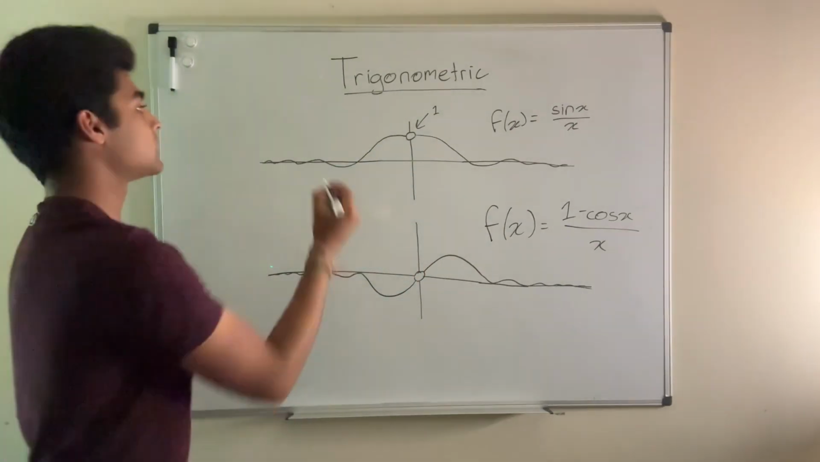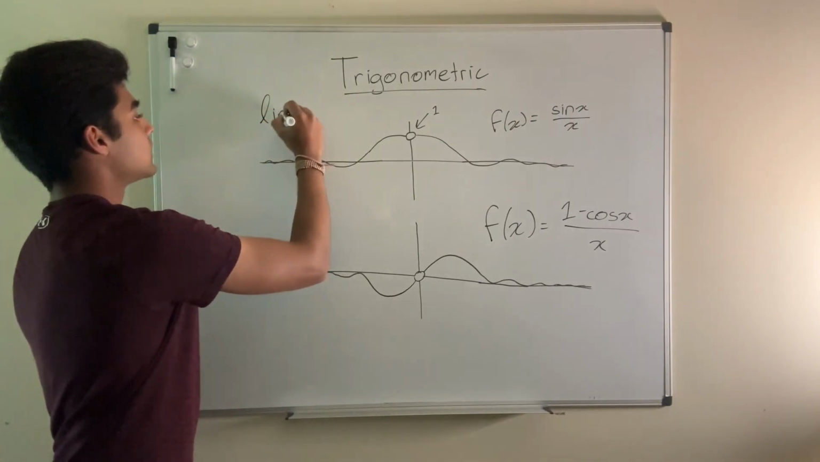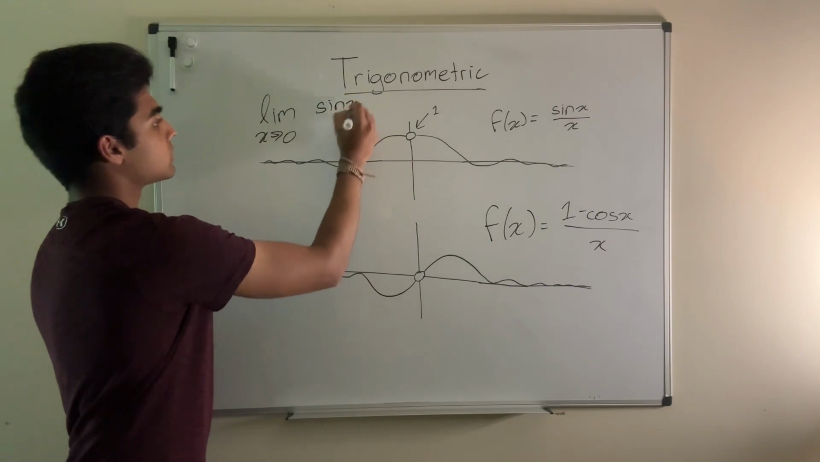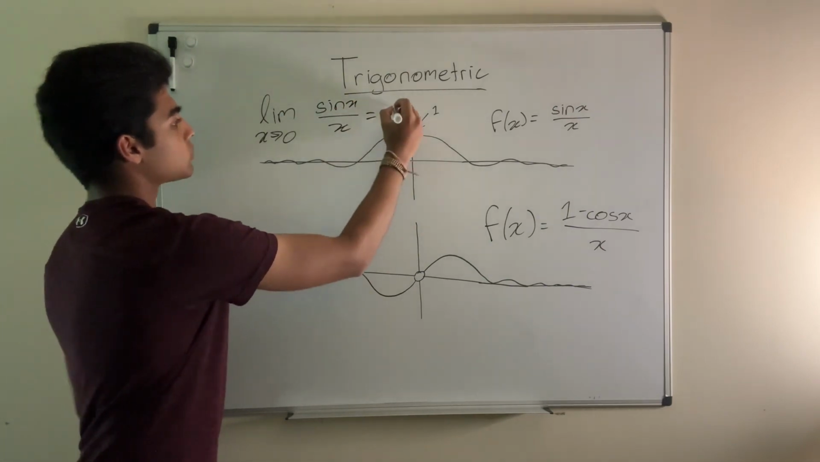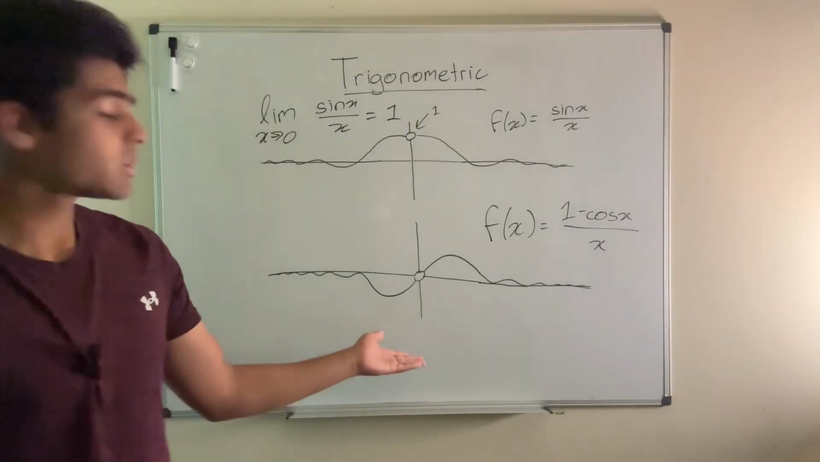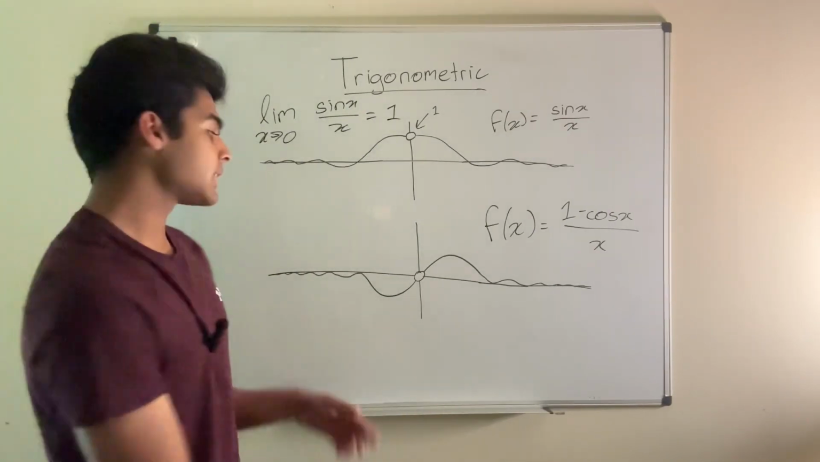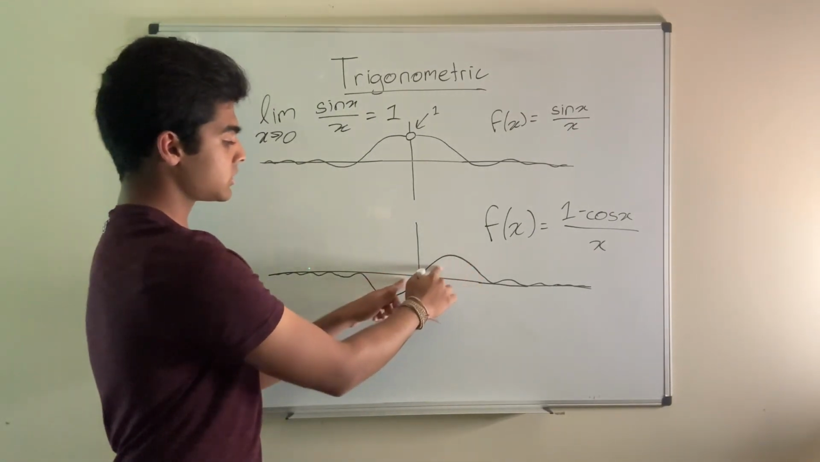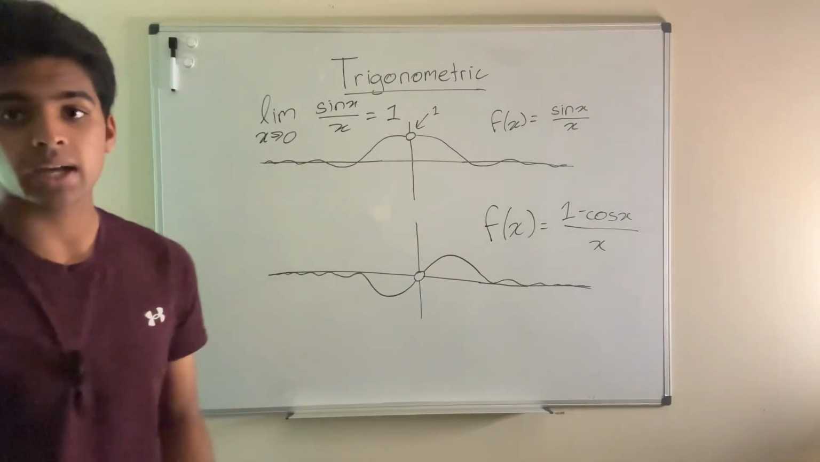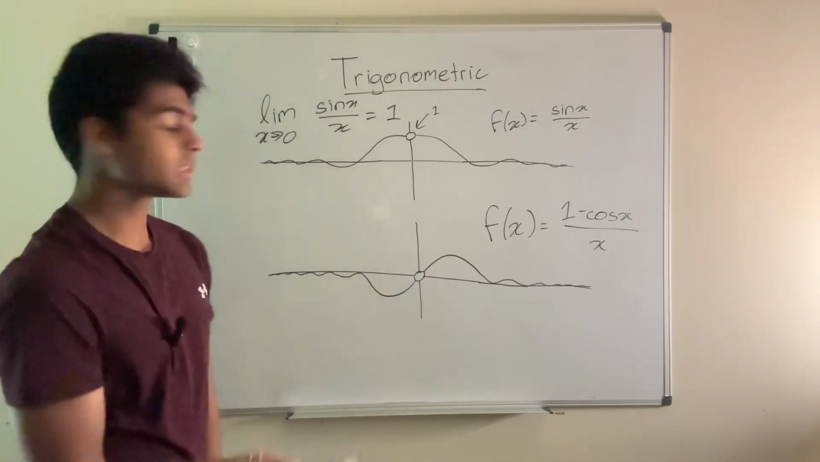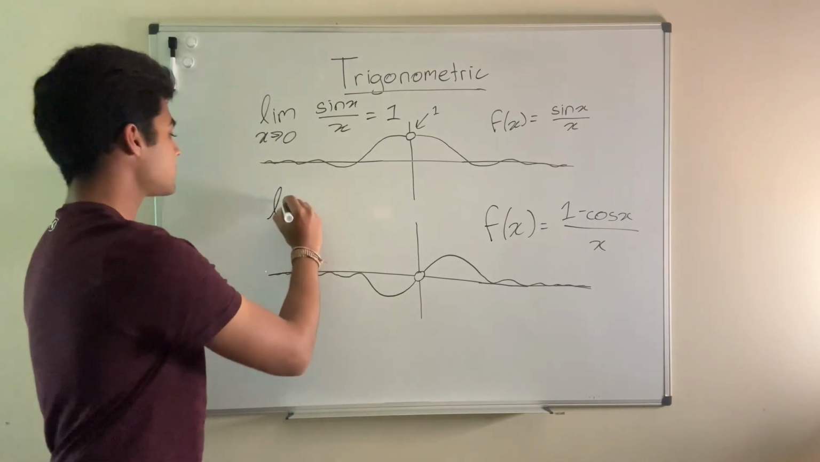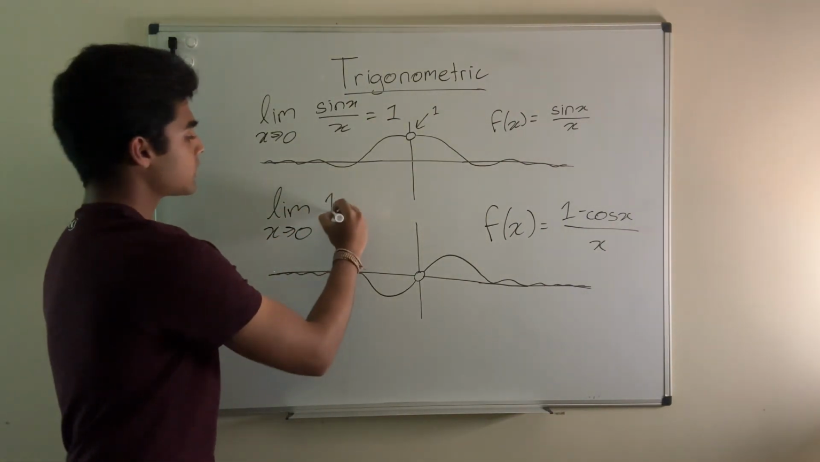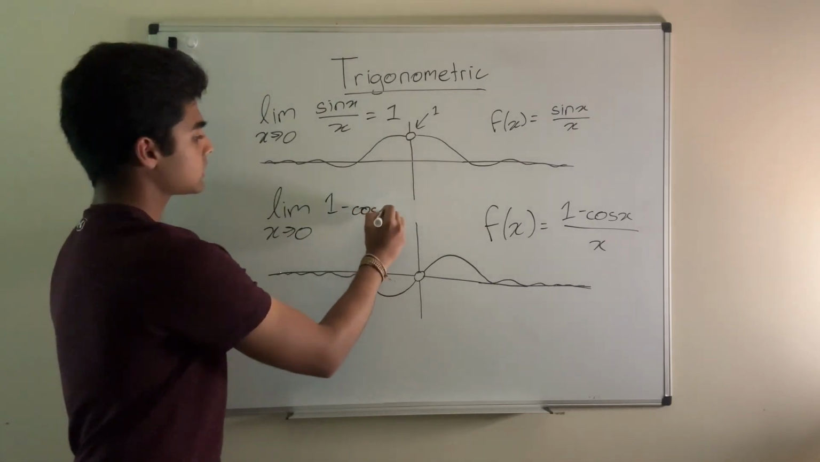So because of this, we can say that the limit as x approaches 0 of sine of x over x equals 1. Now if we do the same thing on the bottom right here, we can see that as x approaches 0 from both sides, f of x seems to be approaching 0, even though it's not actually 0. So because of this, again, we can say that the limit as x approaches 0 of 1 minus cosine x